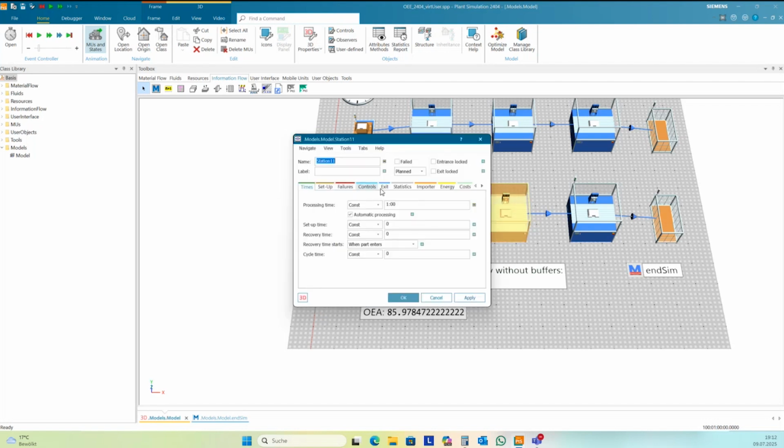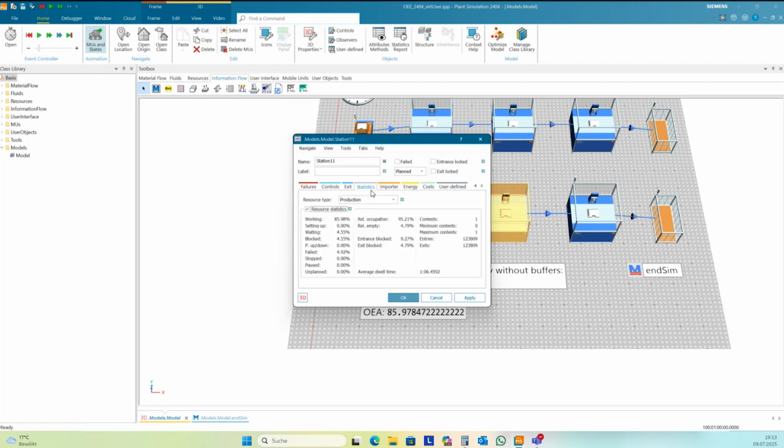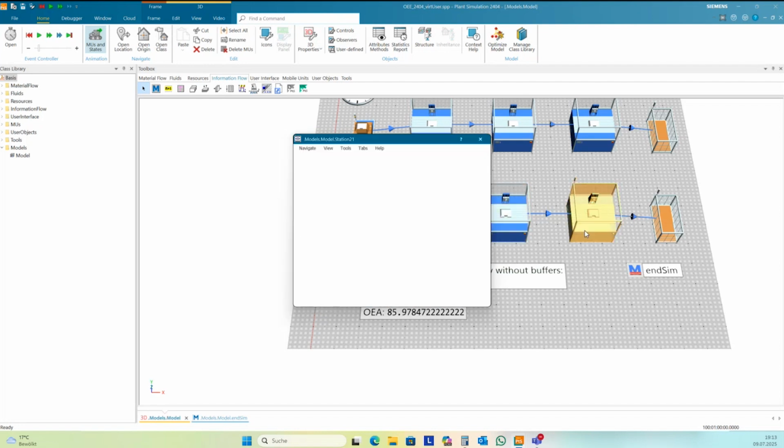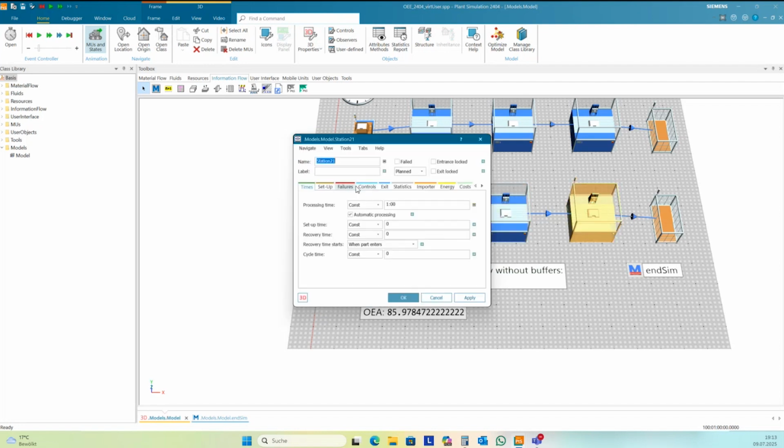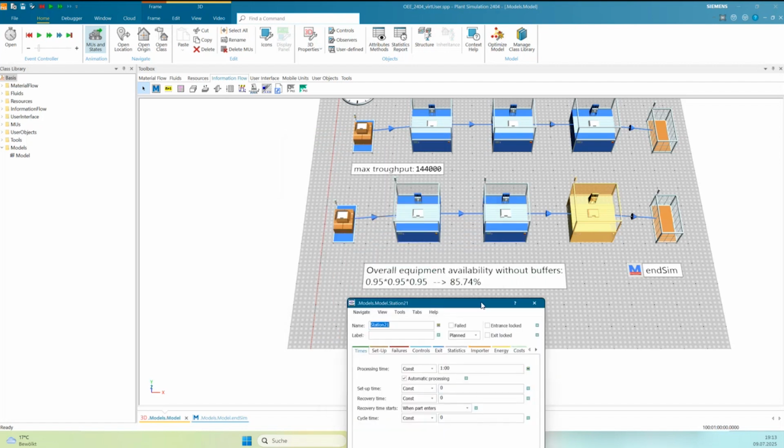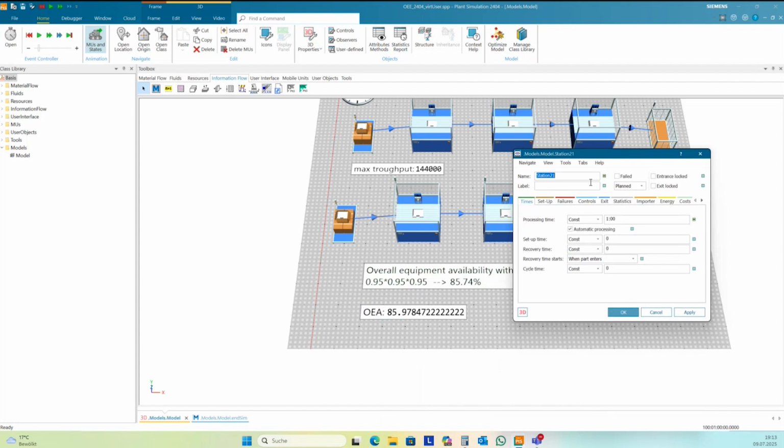And in the other stations, it's also not exactly 5%. If you look here in the statistics, it's 4.92% and so on. And so you need a very long simulation time to get this value exactly how it would be if you calculate it in Excel or with the calculator.